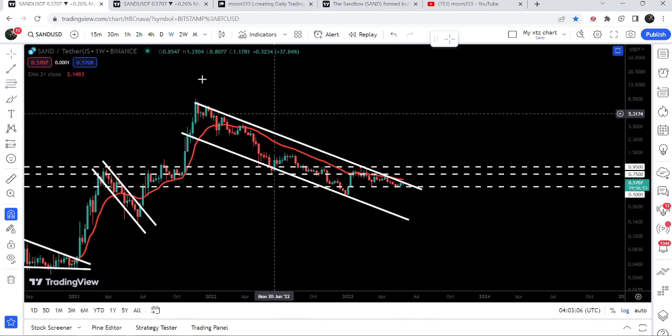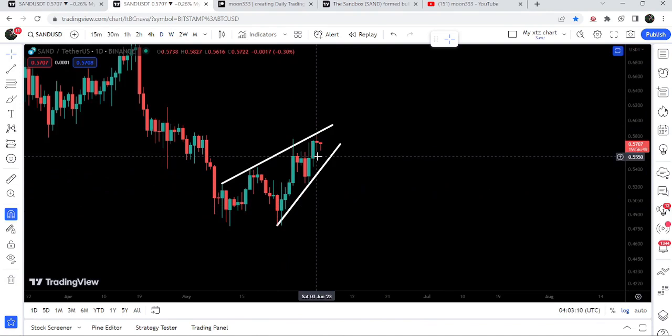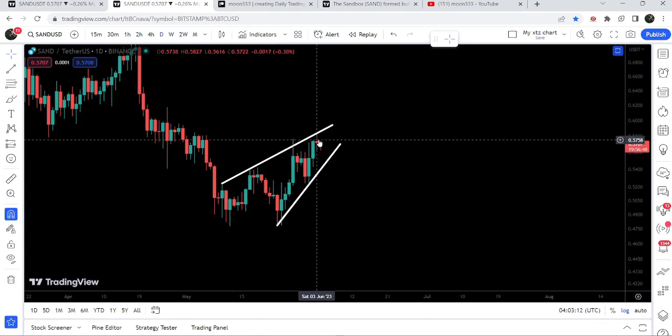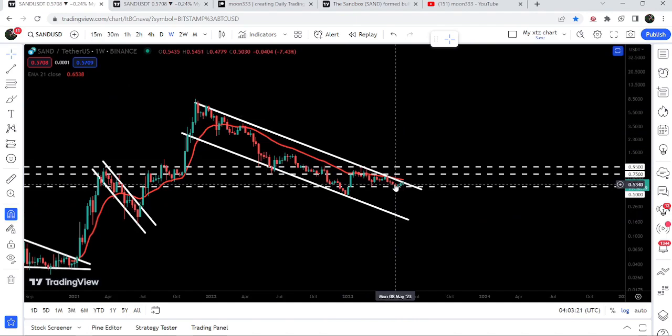this resistance of the channel as well. And on a daily time frame chart, we have the formation of this rising wedge pattern. That is a bit critical situation, because if the price then breaks down the support, then the target can be here at the bottom of the wedge. That will be approximately at 48 cents. Or maybe it is possible that we may again test the support of 50 cents, very close to 40 cents